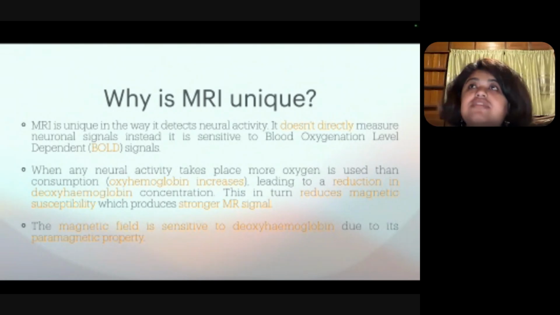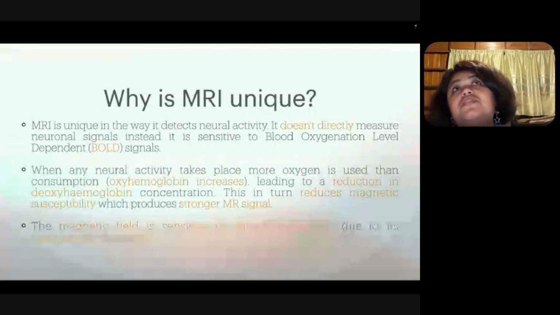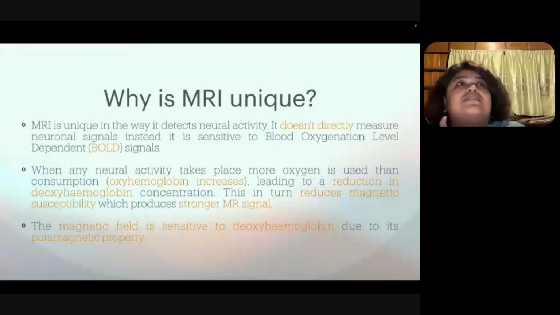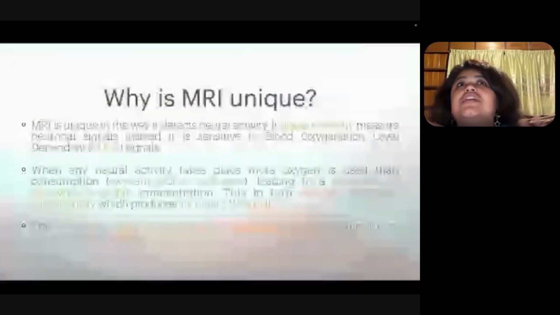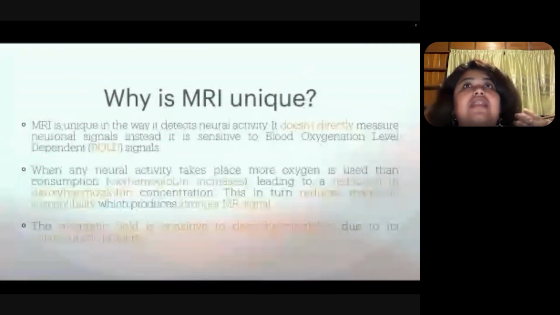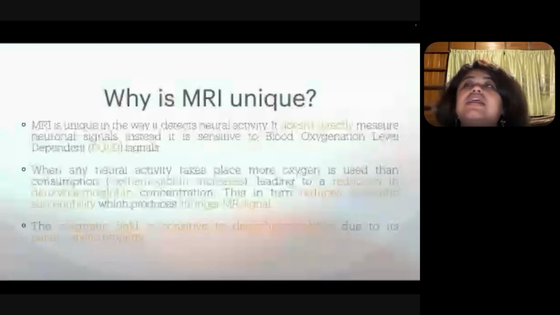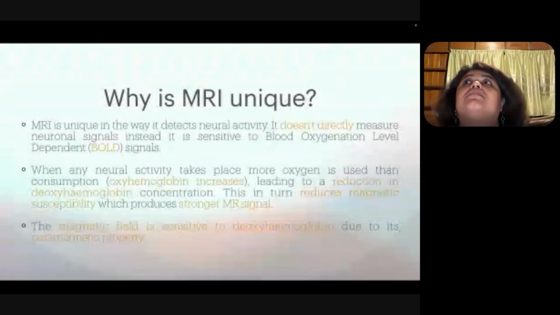Okay, so when the paramagnetic property goes down, the magnetic susceptibility also goes down. And when the magnetic susceptibility goes down, it produces a very strong MR signal. This strong MR signal, as in magnetic resonance signals, are the signals that are captured as your brain image. It can be white matter tracts, it can be gray matter tissue, or it can be certain regions in which you are interested for a particular disease.